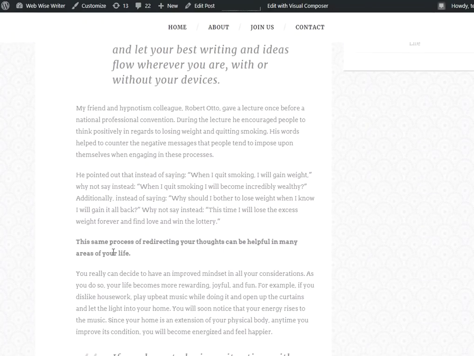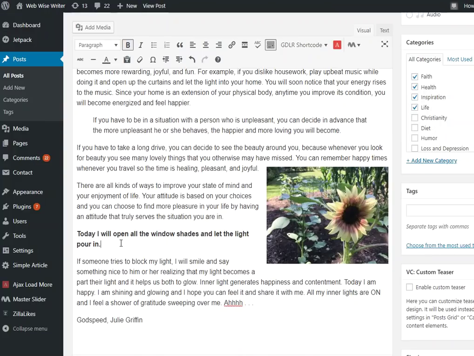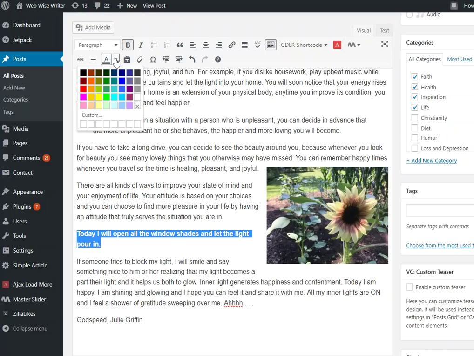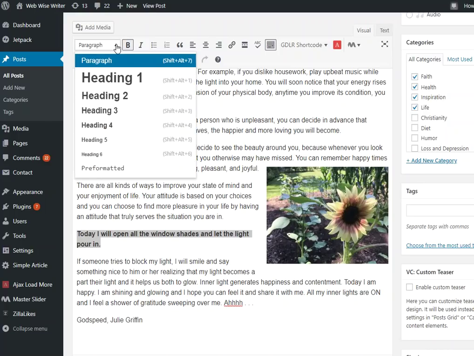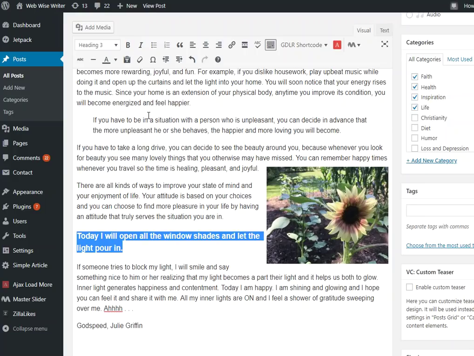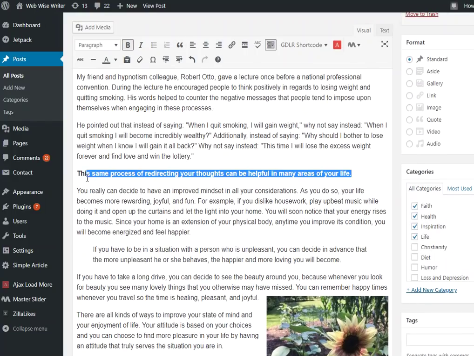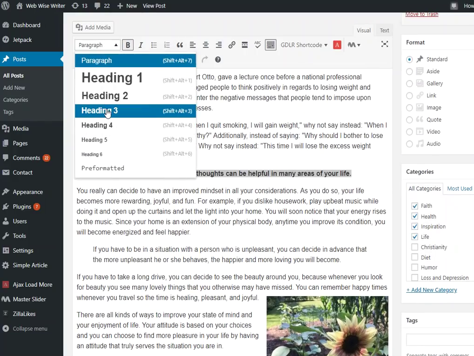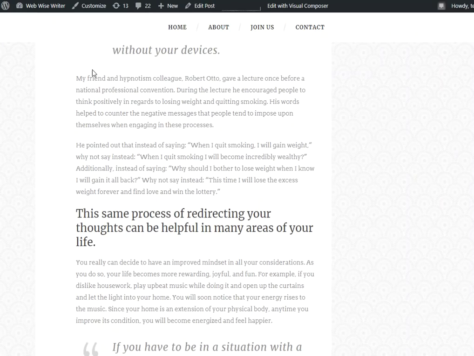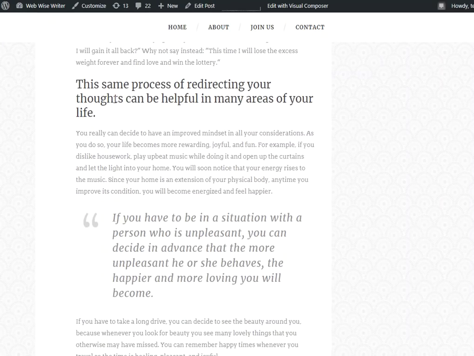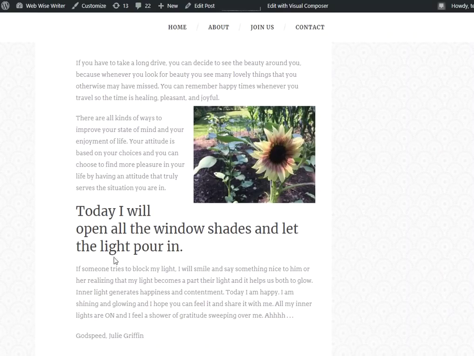Since this is really light gray, I could go in here and just try to change the color to make it stand out a little bit more. I can go up here and change the text color. I could also try something like, instead of a bold text, I could put it in a heading 4, heading 3. I might try one of each just to see how those look. So this is with the heading 4. I think this was with the heading 3.